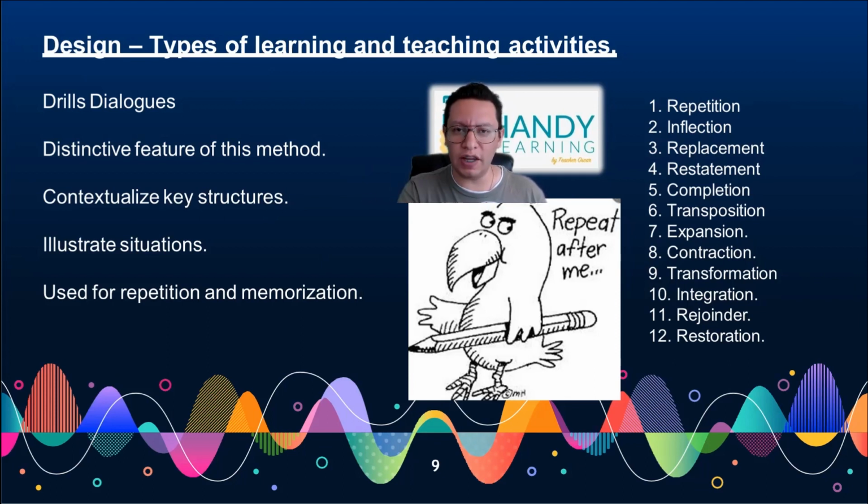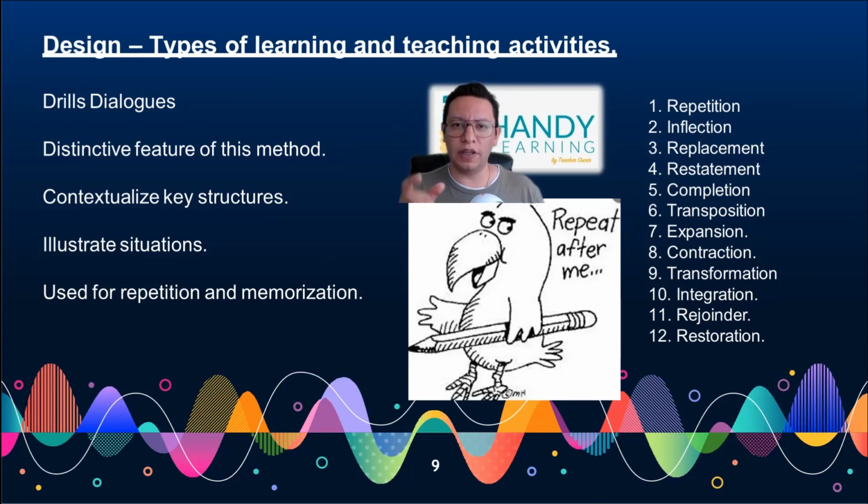Transposition will mean changing words from place to place in the sentence. For example, we can change the verb and the auxiliary verb just to make a question, and that will create a different way of expressing. We could also change from the negative to the interrogative or affirmative form of a tense, and that will be transposition.